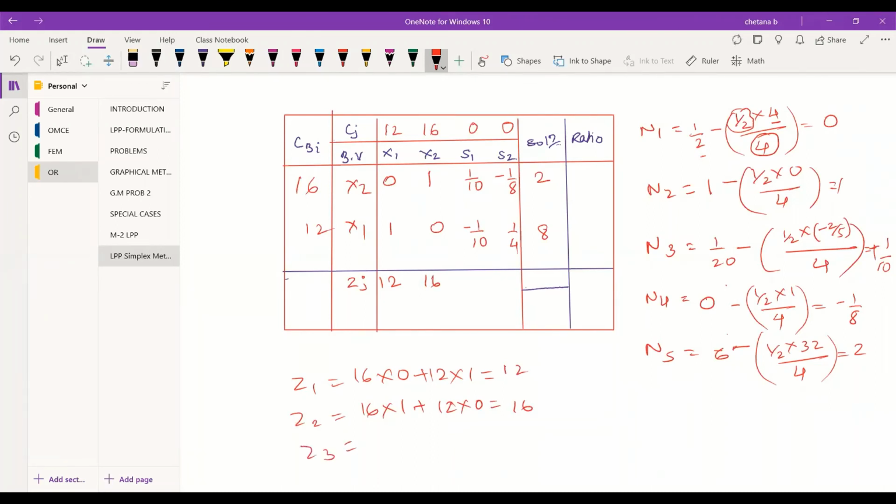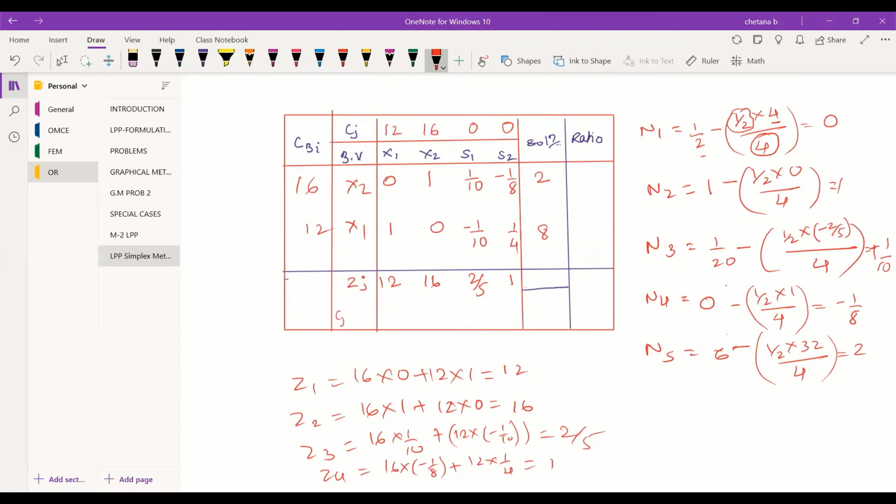Z3: 16 into 1 by 10 plus 12 into minus 1 by 10. How much? 2 by 5. Z4: 16 into minus 1 by 8 plus 12 into 1 by 1. Correct? So this is 1. Okay.